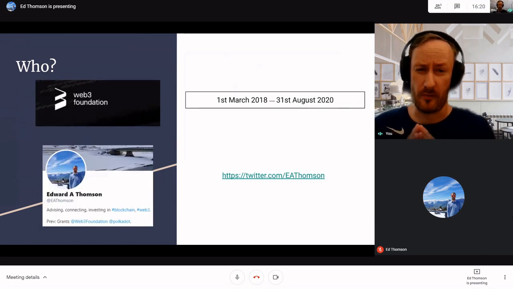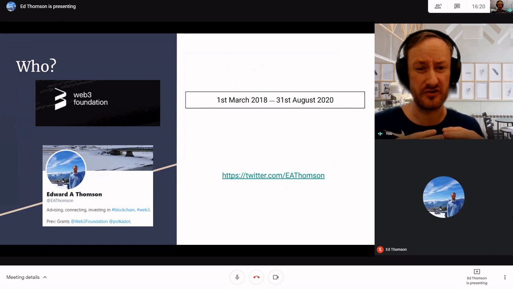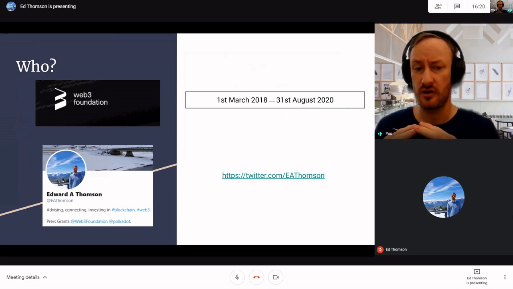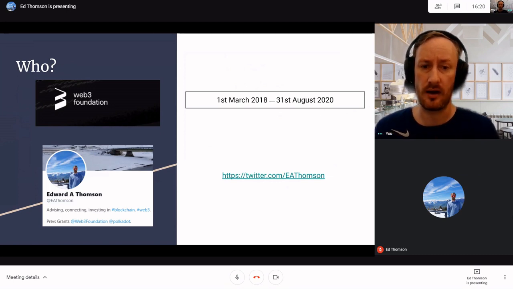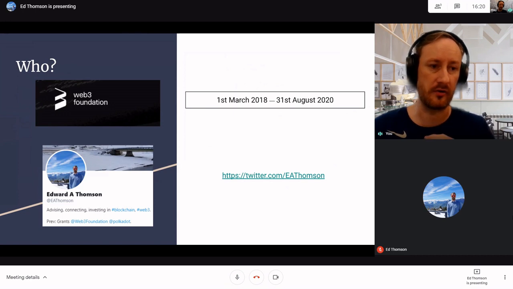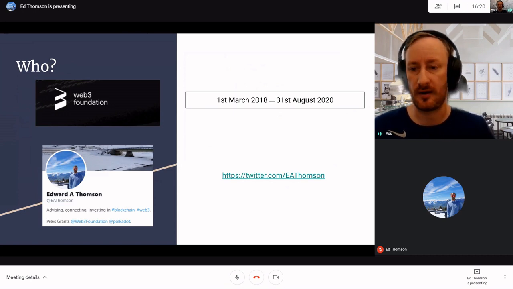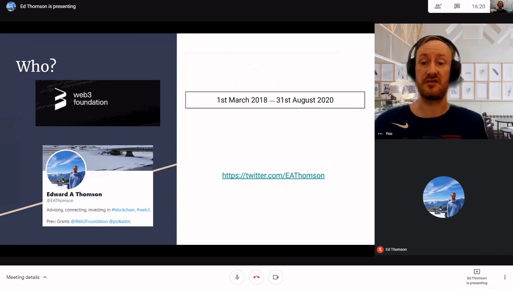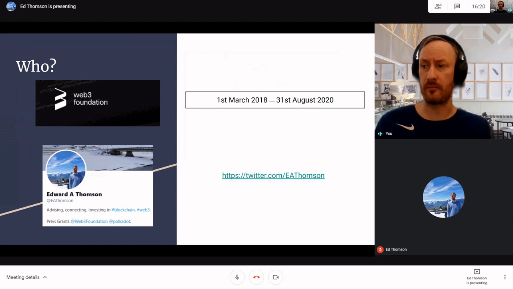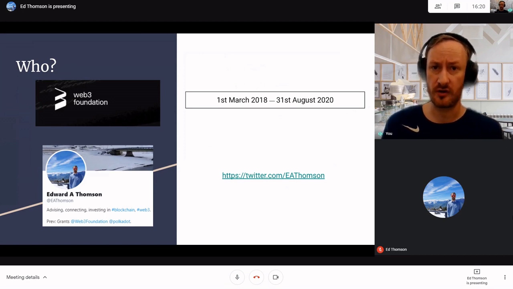I also worked at the Web3 Foundation for the dates you can see on the screen. It's about 2.5 years, and obviously thinking about and talking about Polkadot every single day. It's something that I've spent a lot of time on over the last 4 years. So I have some idea of how the ecosystem works and how the technology works, but I don't know everything. This is the other thing. There are things I will miss. There'll be things I've misunderstood, and